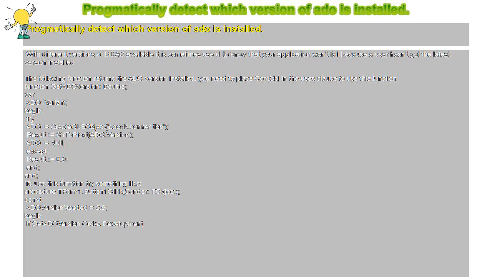Function GetADOVersion: double; var ADO: variant; begin try ADO := CreateOLEObject('ADODB.Connection'); result := StrToFloat(ADO.Version); ADO := null; except result := 0.0; end; end;